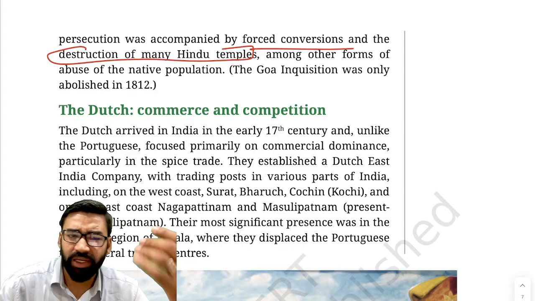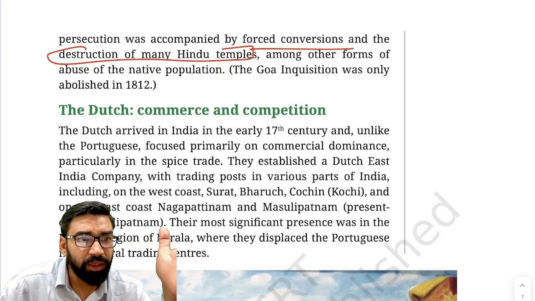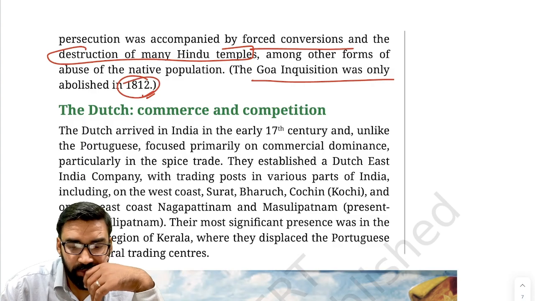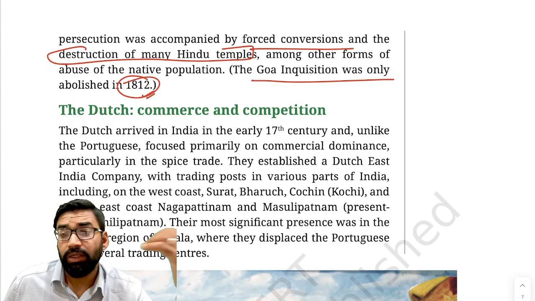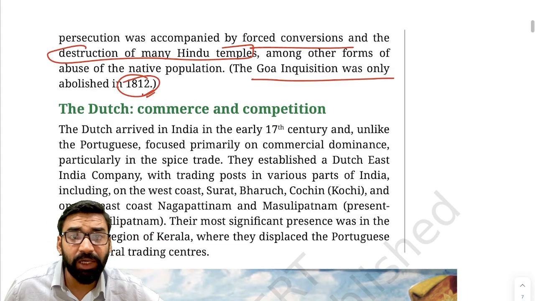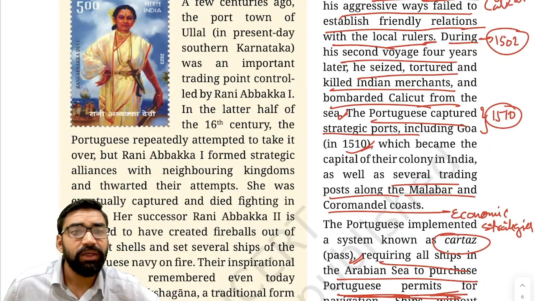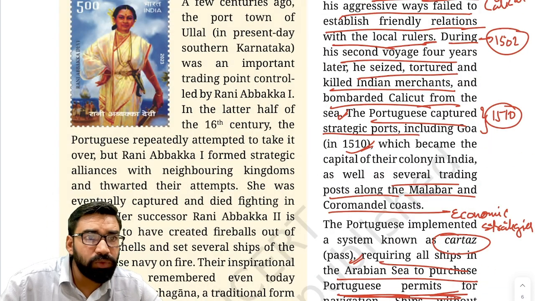Clear? And various other forms of abuse in Goa region. Clear? So Goa Inquisition was only abolished in 1812. Fine? Okay. Now when Portuguese were there at the same time in western coast, the port town